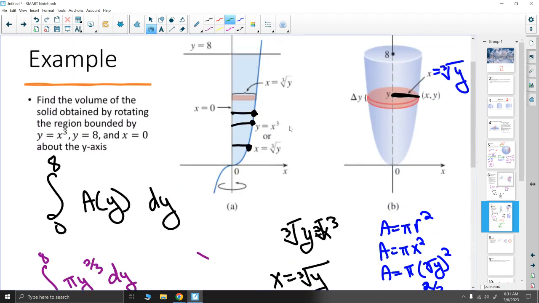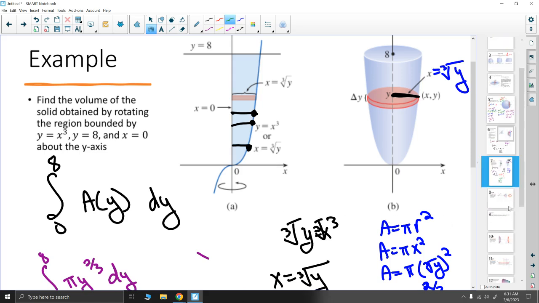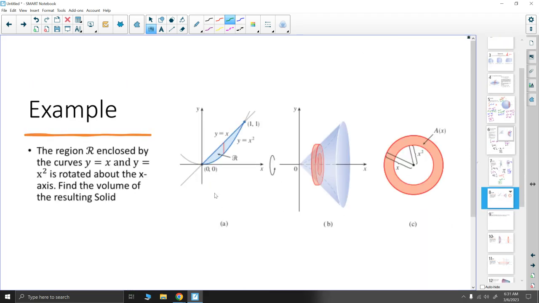We just need to describe the radius of our circle in terms of either x's or y's, depending on what we're integrating. Find the area of that circle, then in terms of that variable, integrate that area. That's the idea every time. Okay. Now, let's talk about what happens when we create a shape through